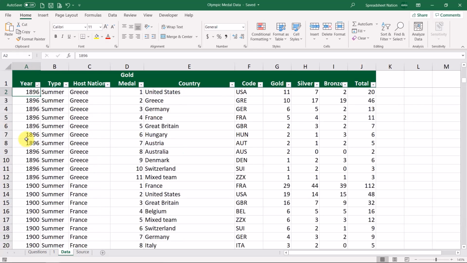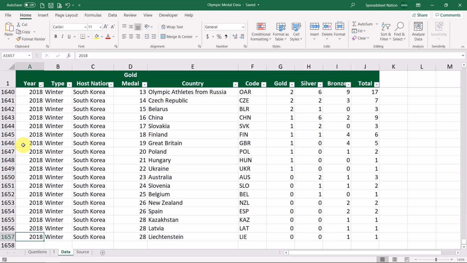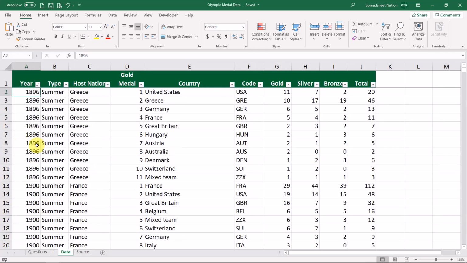2018. And this data has a column for the year that the Olympics were held, the type of Olympics, winter or summer, the host nation, the rank based on the gold medal count, the country, a country code, the number of gold medals won, silver medals won, bronze medals won, and total medals. So this data set has over 1,600 rows, so this is a perfect data set to use a pivot table